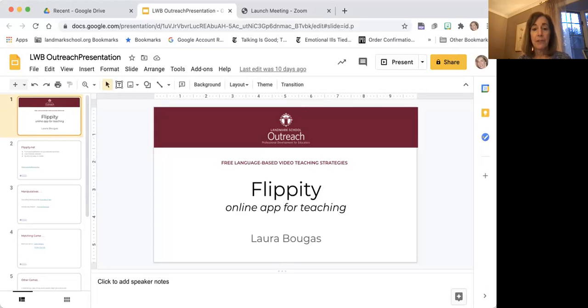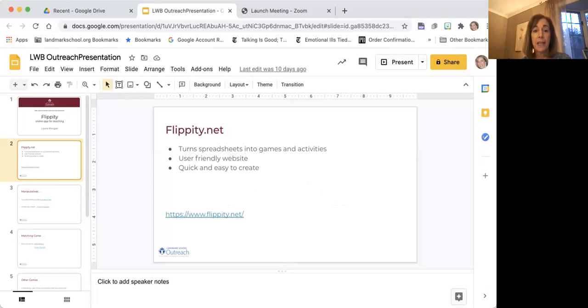Flippity is an online app for teaching. Flippity.net turns spreadsheets into games and activities. Its website is very user-friendly, and Flippities are quick and easy to create. So if you click down here on Flippity.net,